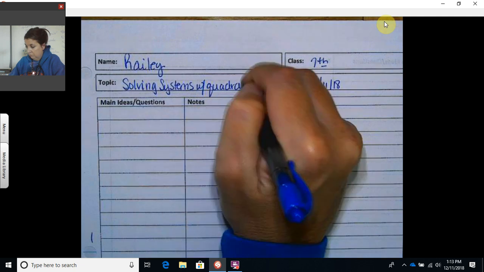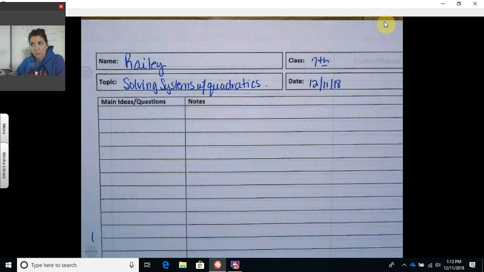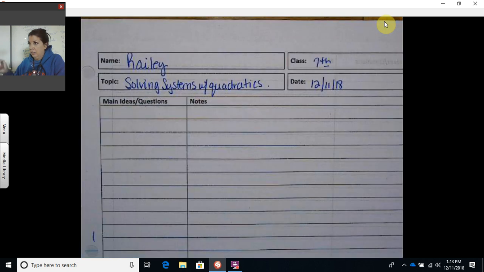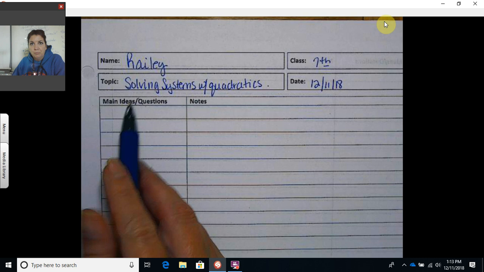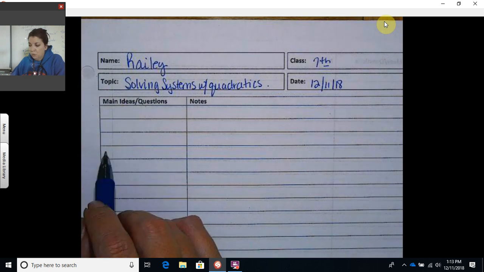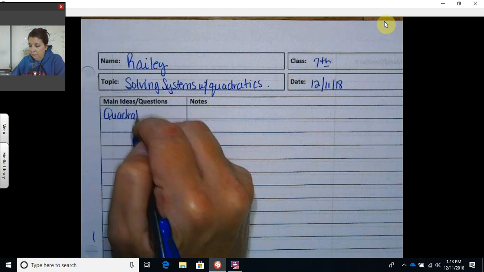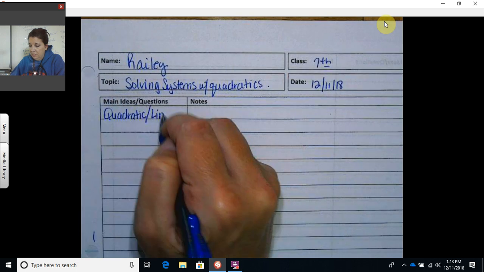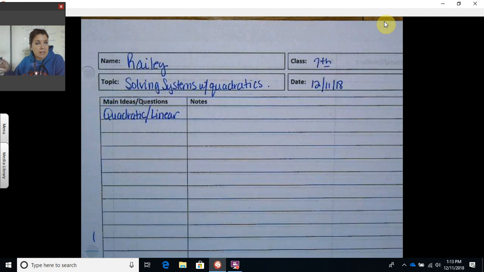And we're going to do one that is a quadratic function and a linear function, and then we're going to do another one that's a quadratic function and a quadratic function. So on the left side, I like how this has main ideas and questions. When we do the first one, it's going to be a quadratic and a linear system. And then the next one we do is going to be a quadratic and a quadratic, because when I see you next class and I give you the assignment, we're going to have 3 different types